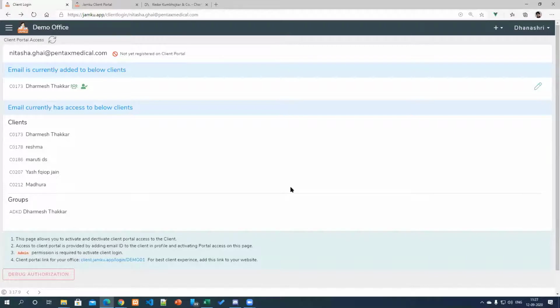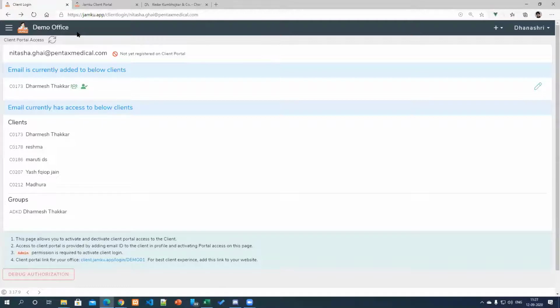Next, let's again come back to a few other questions. Can the office name be made visible in full? We have a limitation of 25 characters for the office name. So you can choose the office name to a maximum of 25 characters, and that will be made visible to the client in the client portal.